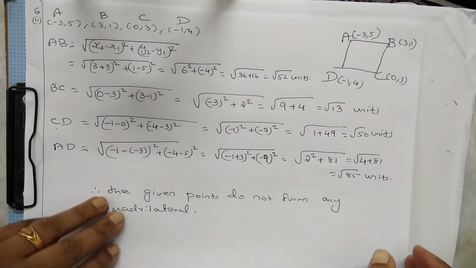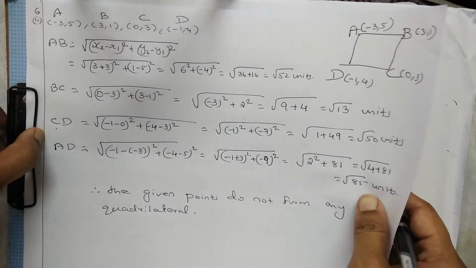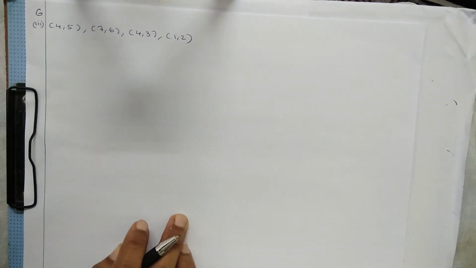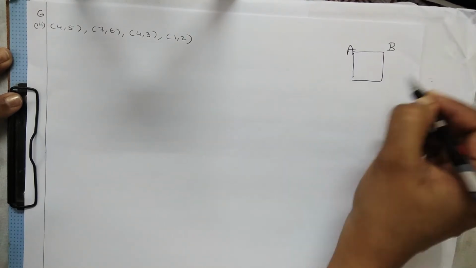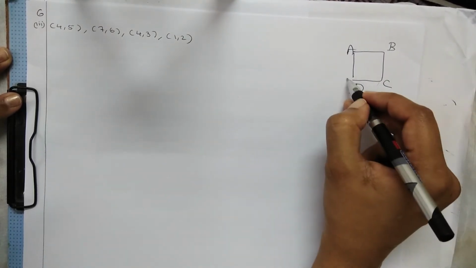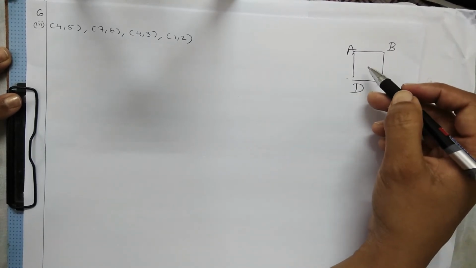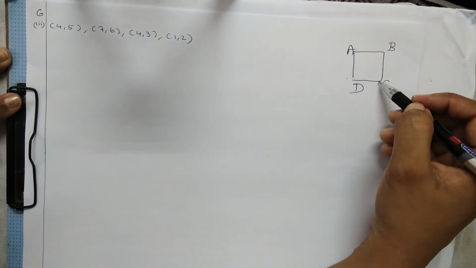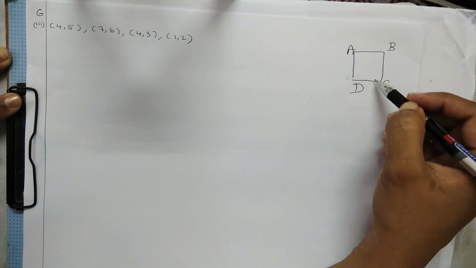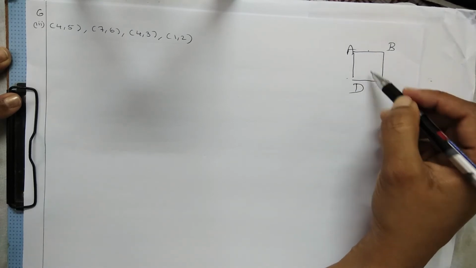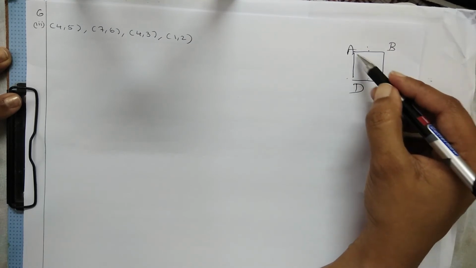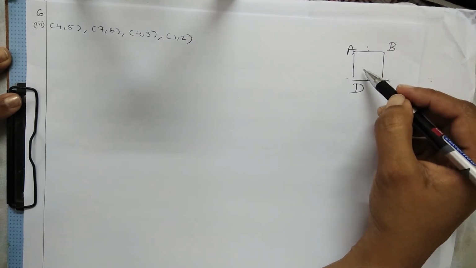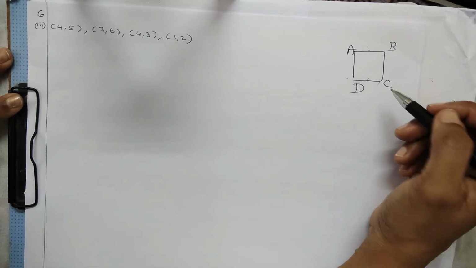This is the second one. Then we will go for the third one. Again the same thing, you have to check it out. Again I am telling, just take it as quadrilateral ABCD. If all the sides are equal, then there is a possibility for square and rhombus. If diagonals are equal, then it is a square. If diagonals are not equal, then it is a rhombus. If opposite sides are equal, then there is a possibility for parallelogram and rectangle. If diagonals are equal, then it is a rectangle. If diagonals are not equal, it is a parallelogram.